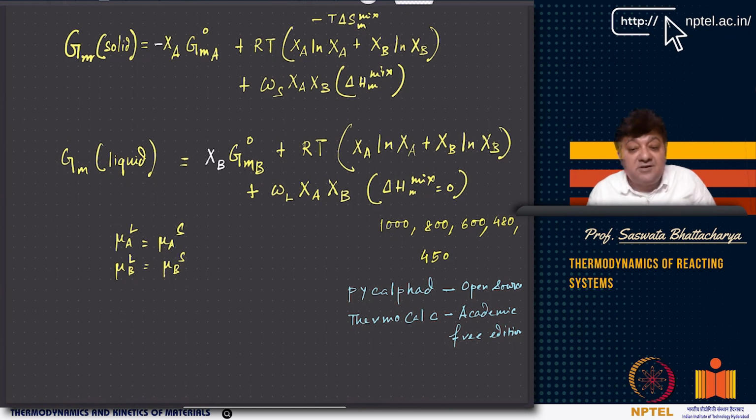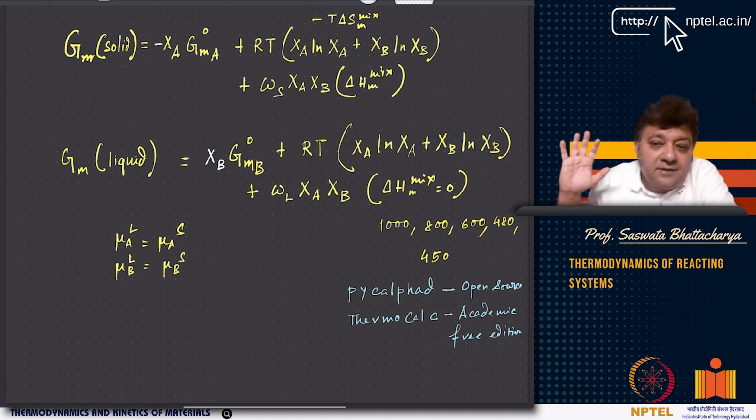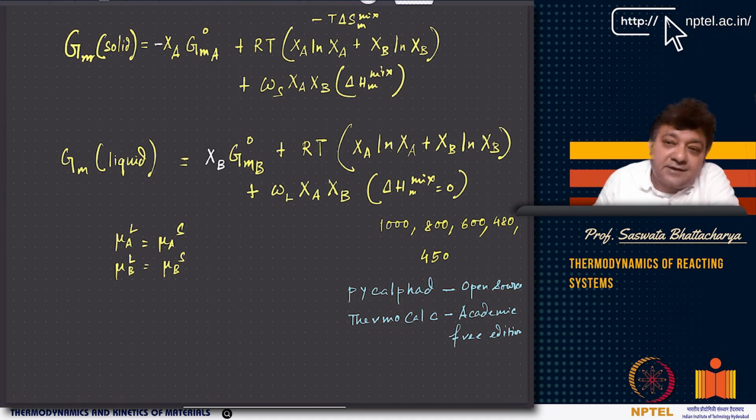There is also another commercial software called Thermo-Calc, and there are several other commercial software like MTData or Pandat. And for academic use, for example, Thermo-Calc gives you a free academic edition. So basically you can download the free academic version and you can use it, and you will see at the back end you have all these different models for the solids and the liquids, for the ordered solids, or even, as I have discussed, for ordered solids, how to take into account the site fraction. So all of these are there.